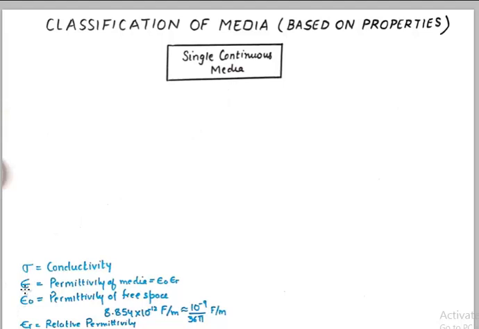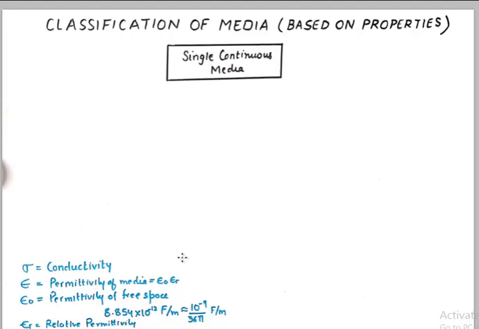Sigma is conductivity, epsilon is the absolute permittivity of the media, which is given by epsilon naught into epsilon r, where epsilon r is relative permittivity and epsilon naught is the permittivity of free space, whose value is fixed, which is 8.85 into 10 raised to the power minus 12